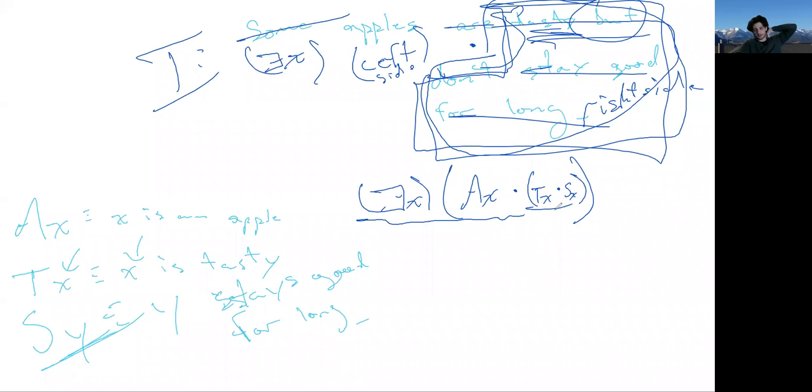Okay, and so that's how we translate that sentence. This sentence actually, you can always translate these different ways. Because this is an and, the parentheses, we can just move around and it won't matter. But just staying true to our I form, this is what's, oh wait, I did actually want this to be, S means stays good for long. So this means there exist some things that are apples and they're tasty and they do stay good for long. I want some things that are apples that are tasty that don't stay good for long. So I should have had a tilde in there. Right? So that's going to be the actual right translation of the sentence.